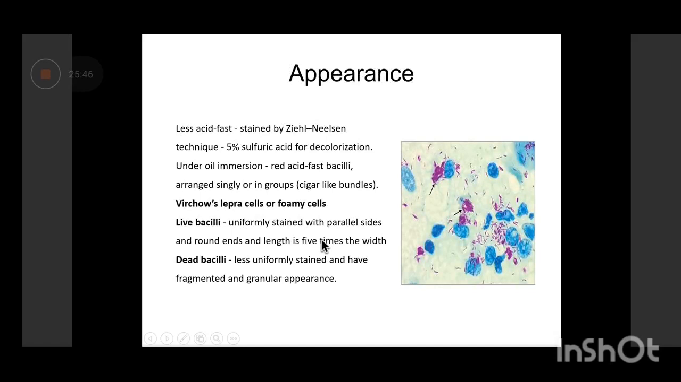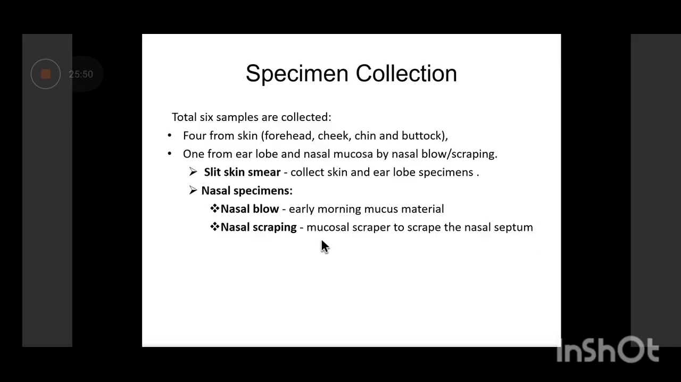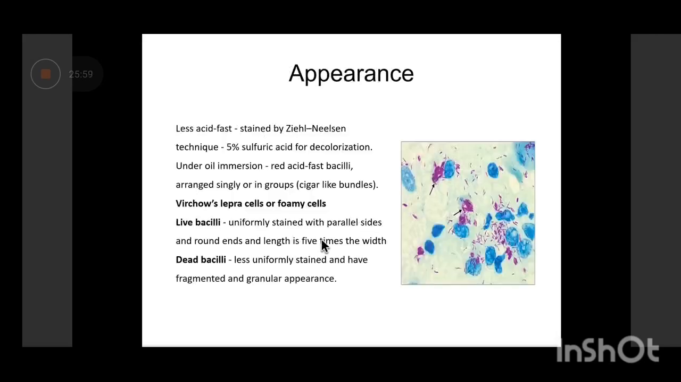We can also take the skin nerves. We take a biopsy of the nerve or of any nodular lesion which we see. We can take the biopsy of that specimen. Then we do the staining. These are acid-fast bacilli, so we will do the